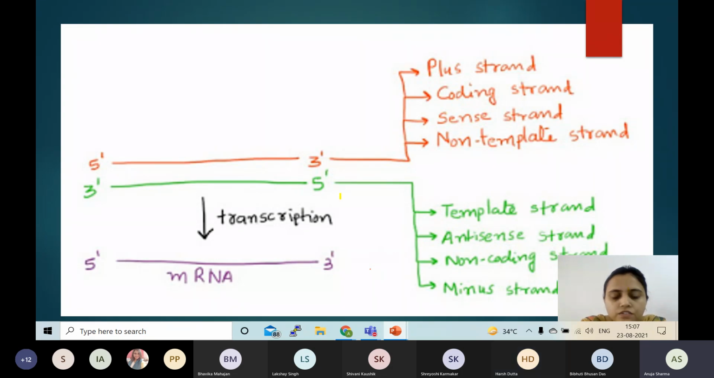Before we start designing primers, let's first understand a few basics. As we all know, DNA is a double-stranded molecule. It is divided into a plus strand, which is the 5' to 3' strand, and a minus strand, which is the 3' to 5' strand. During transcription, the minus strand, which is also known as the antisense strand, serves as the template strand and codes for the molecule of mRNA. The mRNA which is synthesized is perfectly complementary to the minus strand, meaning that mRNA